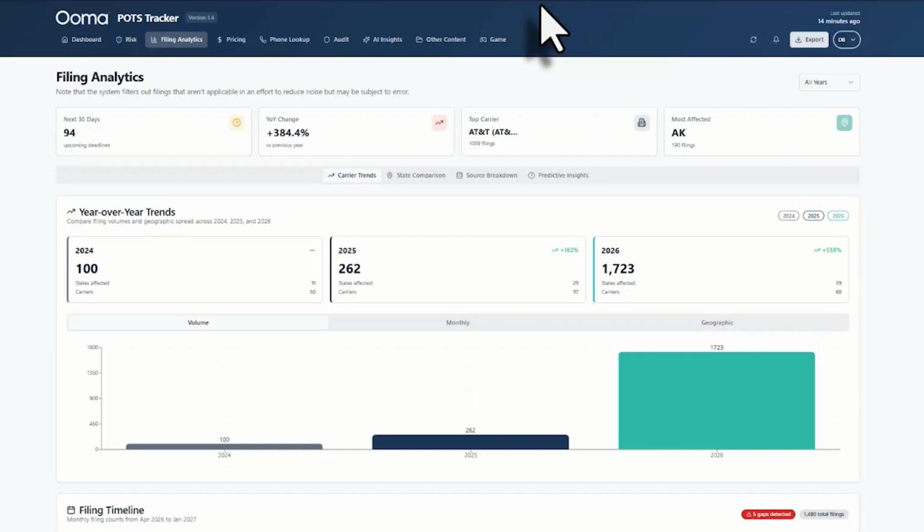But you can see here with the supporting data, just a couple years ago, there was only a handful of filings. Picked up in 2025, but look at what happened in 2026. We're already in the first quarter seeing well over 1,700 discontinuance or service restriction filings that have occurred. This highlights the need for us to educate the market on what is occurring so that their client base is